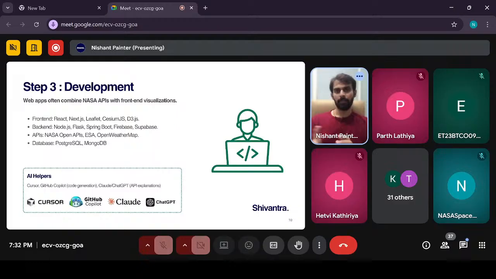But the options which I have listed here are the most basic, I mean, most popular ones. For example, on the front end, we have React. Of course, it can be Angular, but let's talk about React. In React, there is a meta framework called Next.js, so that you need not worry about the routing part and things like that.